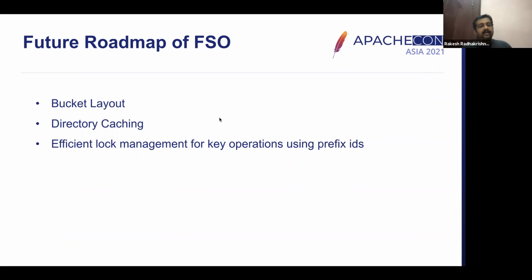So a single OM can handle both layouts together. The S3 client can talk to the S3 bucket layout, and traditional analytical big data tools like Hive or Spark or typical MapReduce, Impala can talk to the Ozone manager in the HCFS, Hadoop compatible file system, manner using FSO bucket layout.